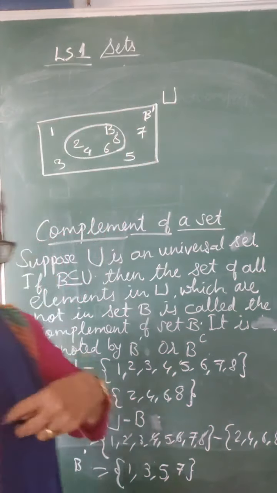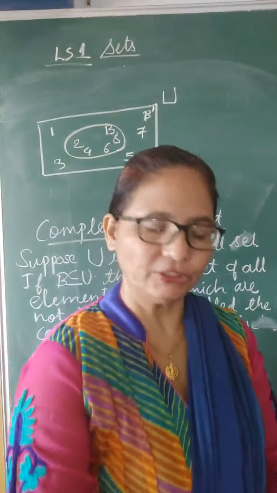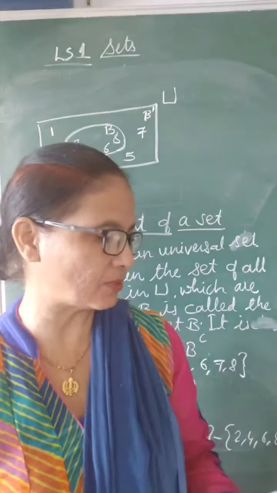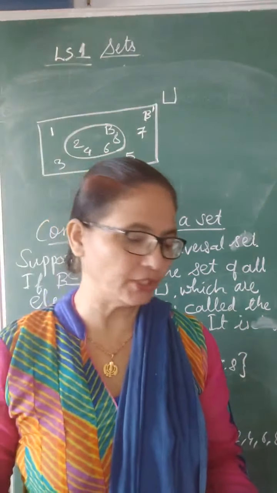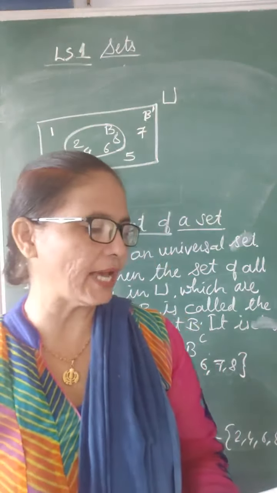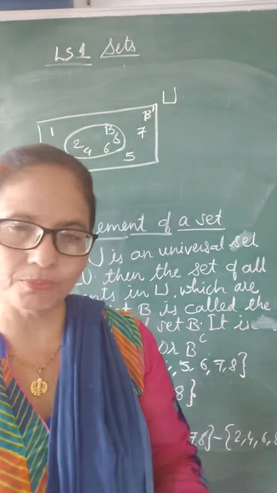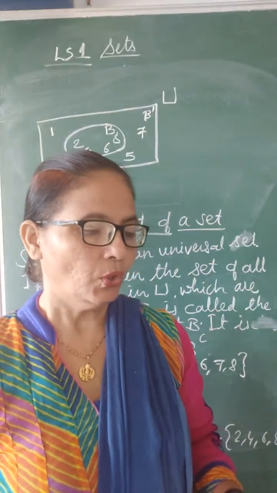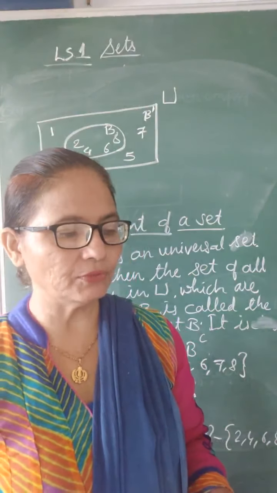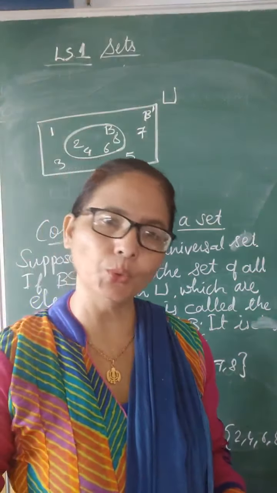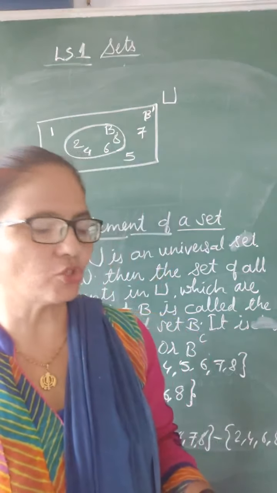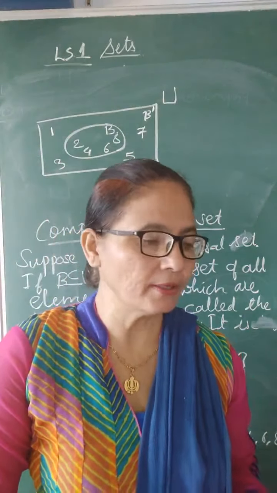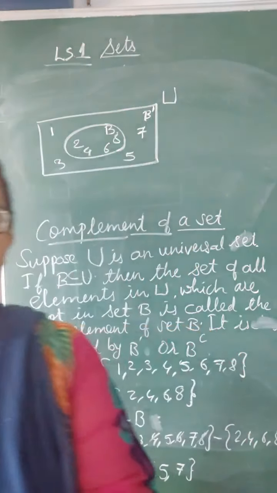Now let's study exercise 1.3. It's very easy. Let me explain it from the textbook. See exercise 1.3, question number 1. You are given the elements of A, B, C and D, and you have to write whether the given statements are true or false. First of all, given that C is a subset of B. Now what are the elements of C? B, D.